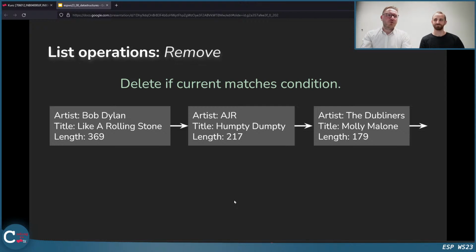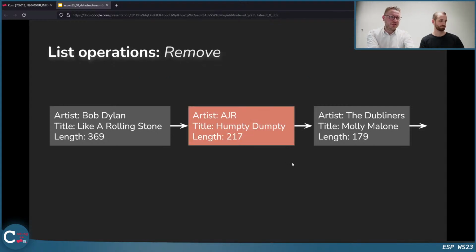So if we want to remove something, let's do the easiest case. Let's remove the second song, the HR song. We delete this. What do we need? We need two things now. First, we have the current one, and we also need to store the previous one. Why do we need this?